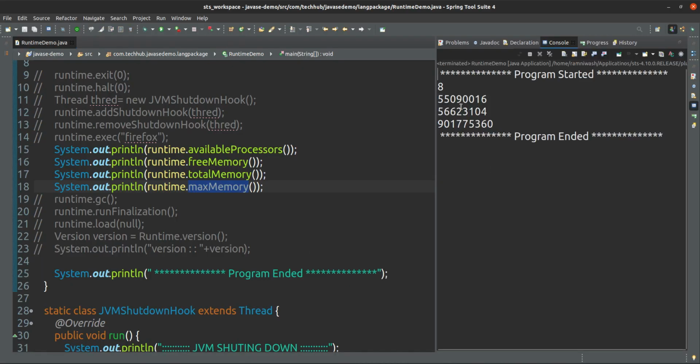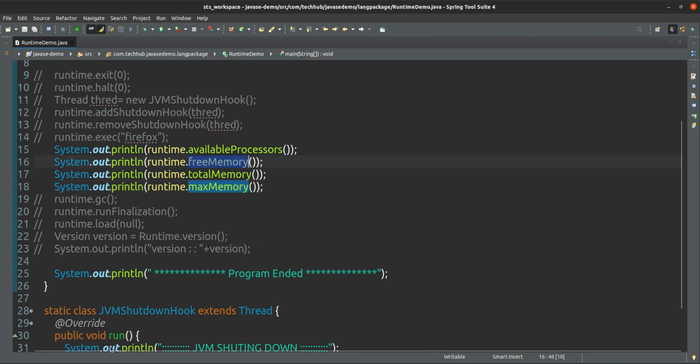Maximum your JVM can take this much only, available is this much only, free is this much only. Okay, so this is about available processor, free memory, total memory, max memory.